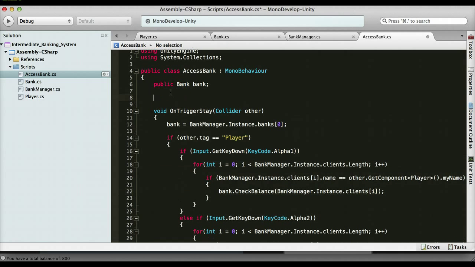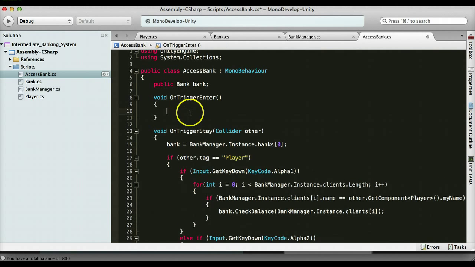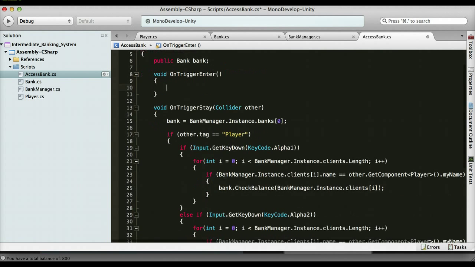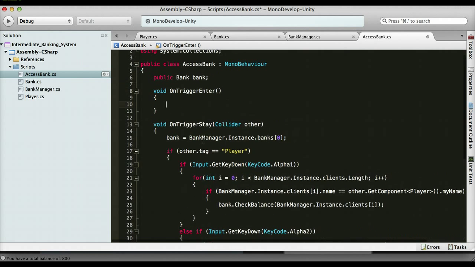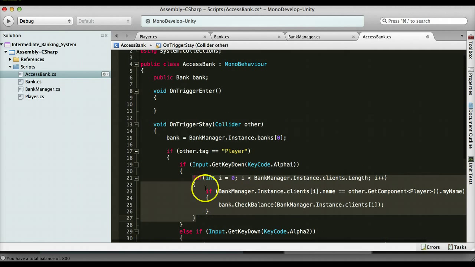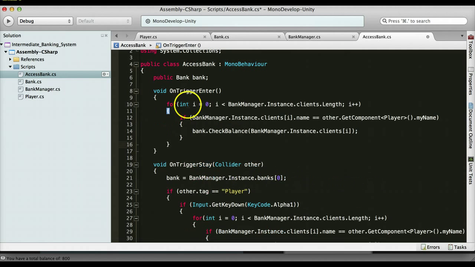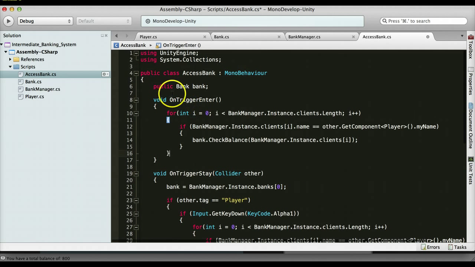And I can actually probably do that in OnTriggerEnter. Let's just check right when you enter it to see if you're a client. And that way we don't have to run this every time you're at the bank, and it saves on processing. So let's go ahead and just do that. So for checking if you're a client, we're basically going to go ahead and say here, for int i equals 0, i less than that, if it matches,